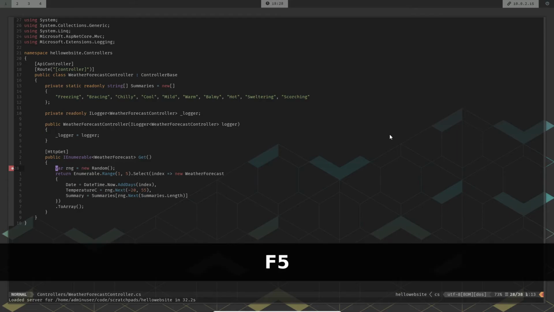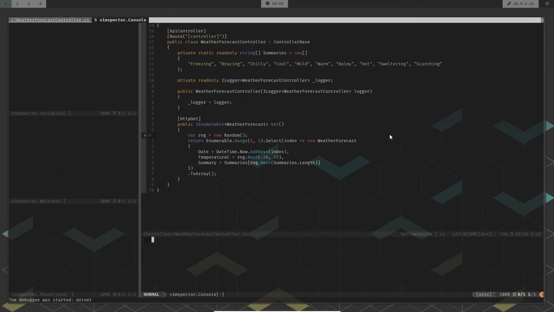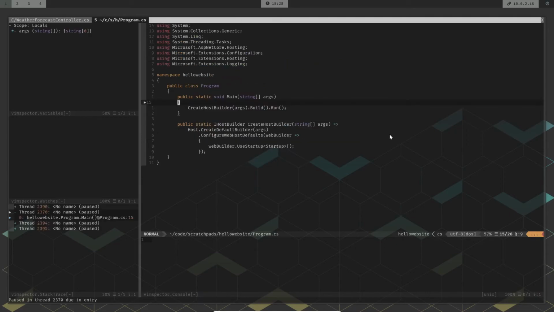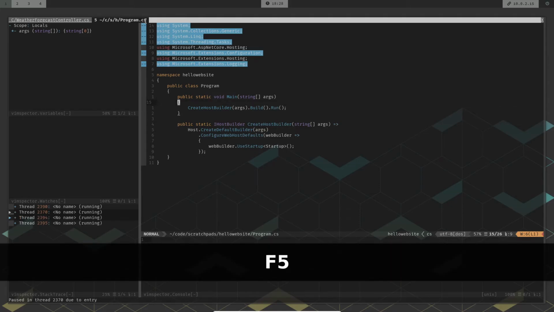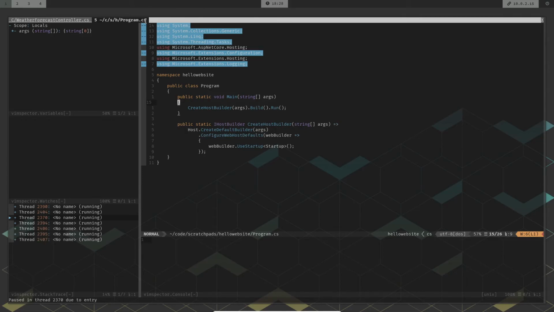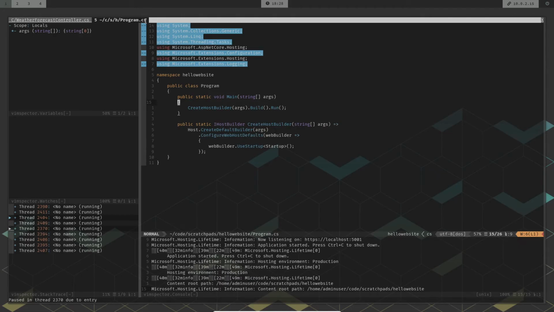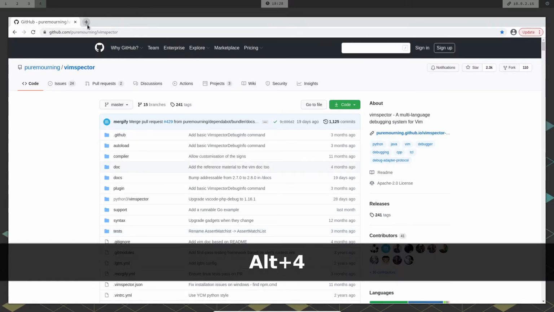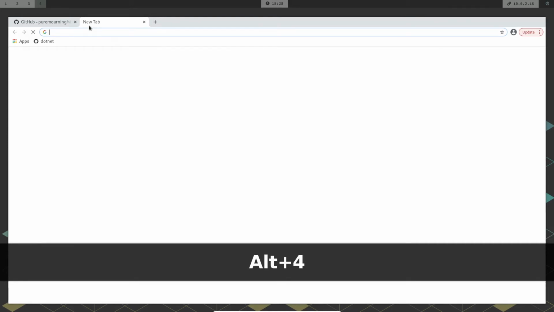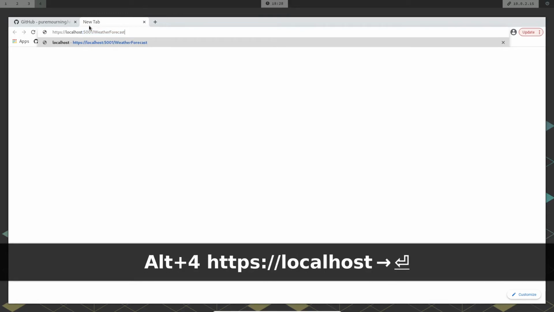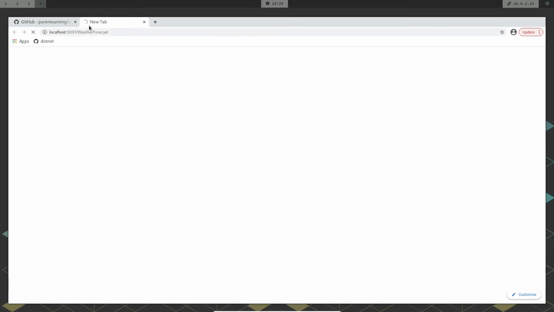So the debugging environment starts off, and over a period of time, my website will start off inside Kestrel, and I will be given a URL that I can actually hit. So let's hit F5 again because it's waiting on the very first spot. We hit F5 again, the website should just start off with the localhost URL, and this is my URL right here, localhost 5001. So let me just open a new window and quickly visit that URL, right? So let me just do localhost 5000 weather forecast. This should actually go ahead and fire up the controller for me.